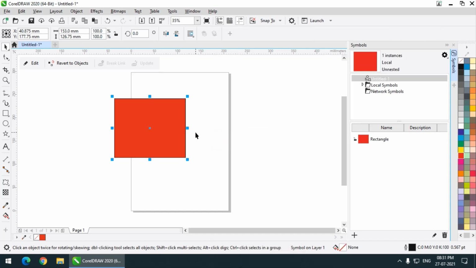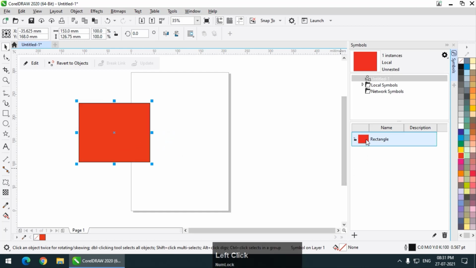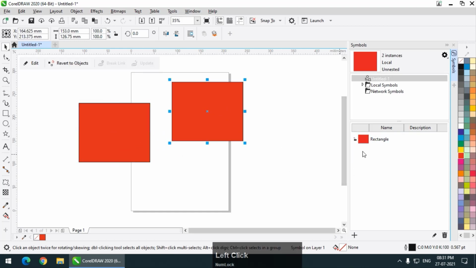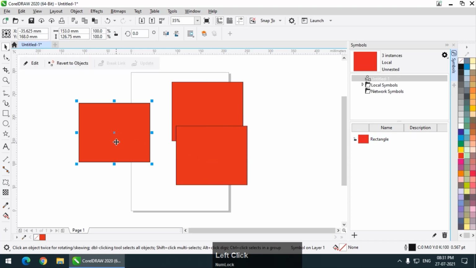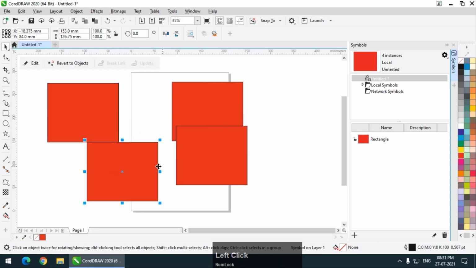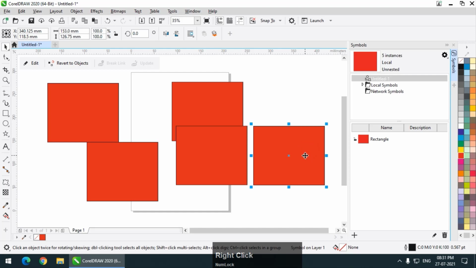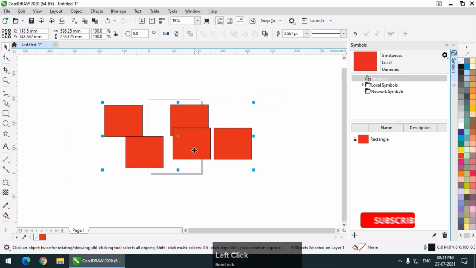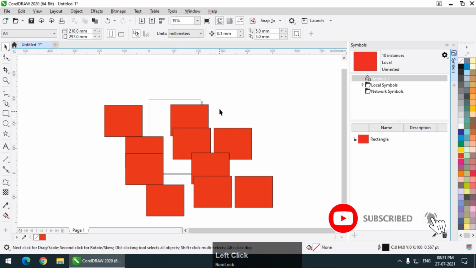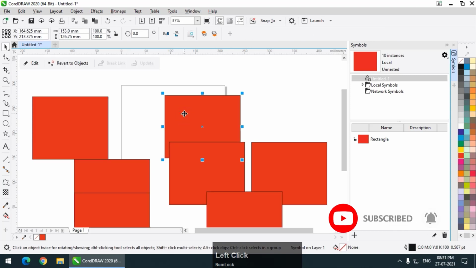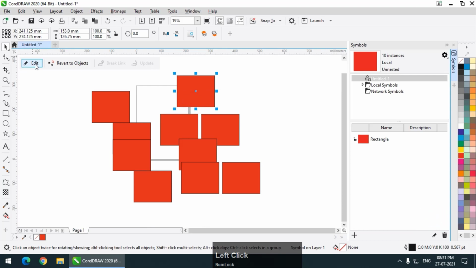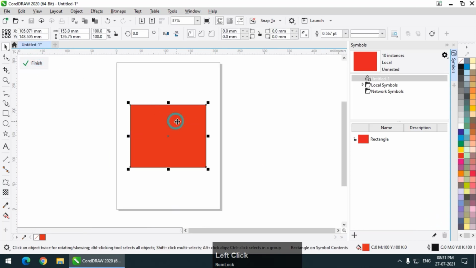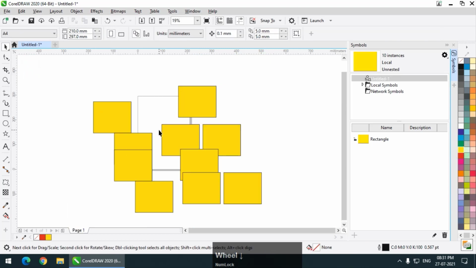So what is the use of a symbol? If I copy this multiple times, let's say I'll drag it over here, or I can simply copy this by right clicking on it, or Control C, Control V, whatever method you want to use. And if I click on any of the symbols and go to Edit, and make any changes, for example if I change the color and click on Finish, then you can see all the objects are changed to yellow, or whatever color you have applied.